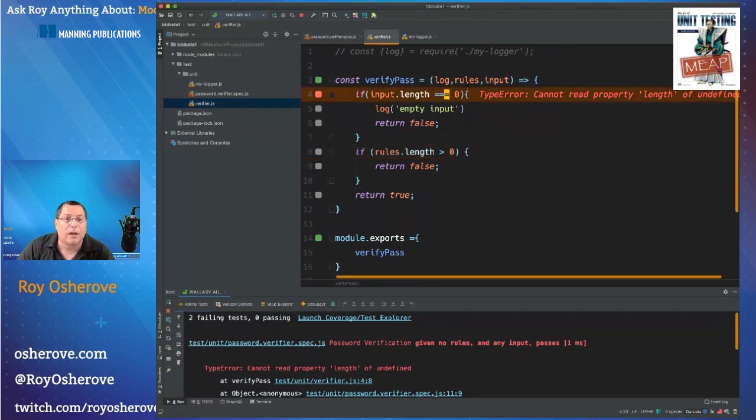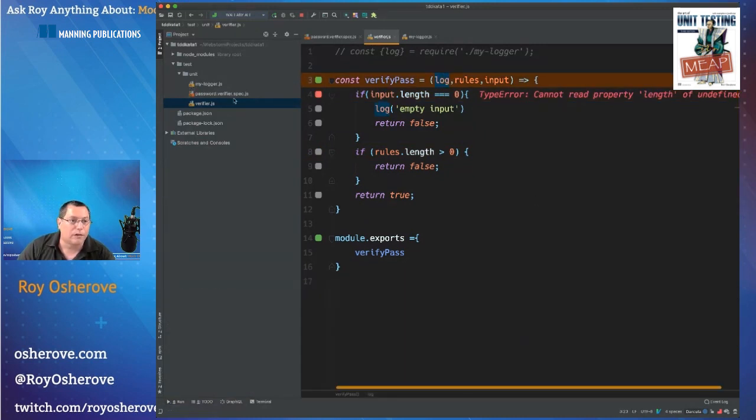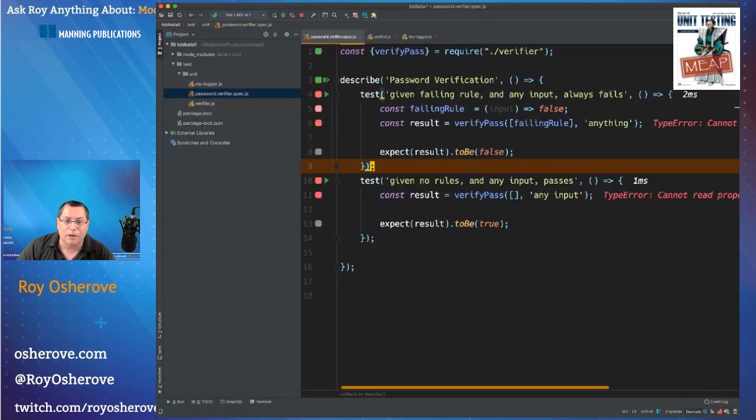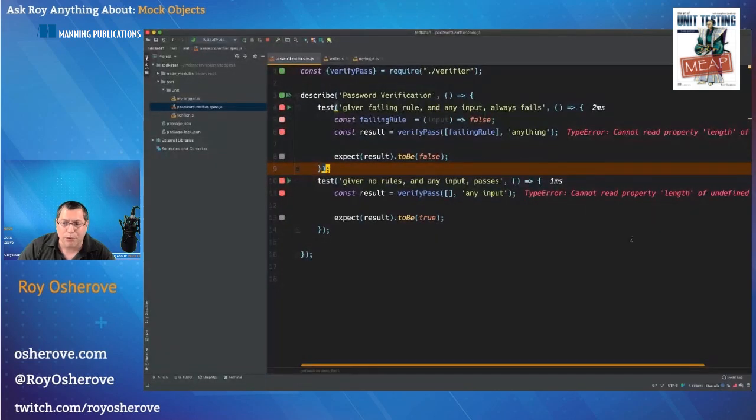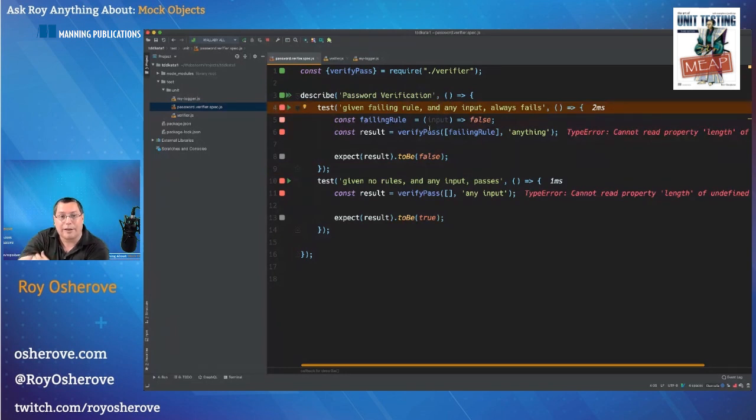Sorry. Okay, so let's say I have the log here. You know what, I'm just going to write it here for now. So if I go to my tests now, notice that by adding this functionality, I now have a problem. All of my existing tests are failing. So the first thing I need to do is add a stub for all of my existing tests. We're going to ignore the refactoring we're going to do later, but how do I provide a stub into verify pass? The answer is I can just provide a stub function like this.